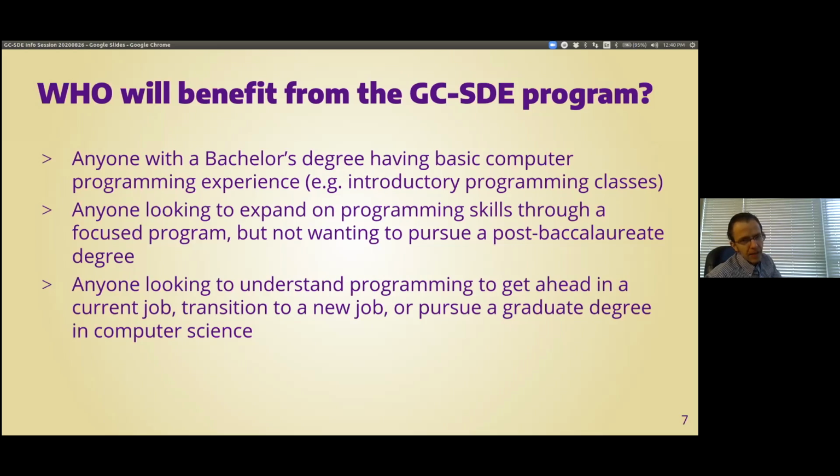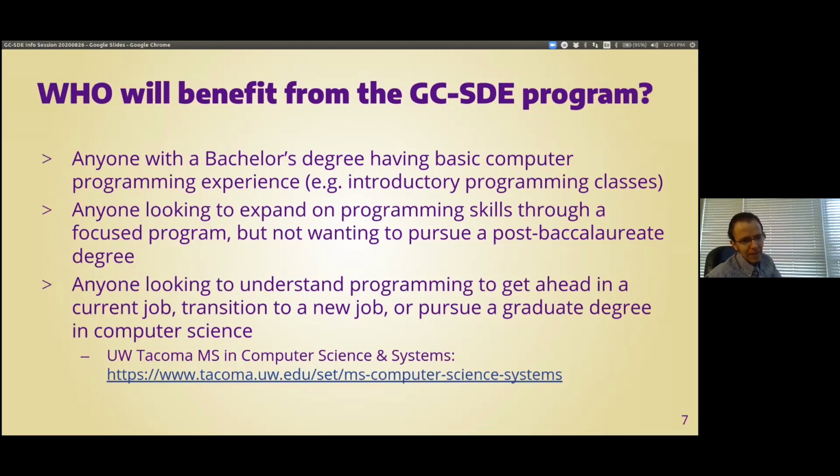So the program will really help someone that is in a current job where programming has become important and they need to learn more programming, or possibly someone that's looking to transition to a new job or to pursue a graduate degree. So one benefit is if you go through our certificate program, we do have a master's degree here